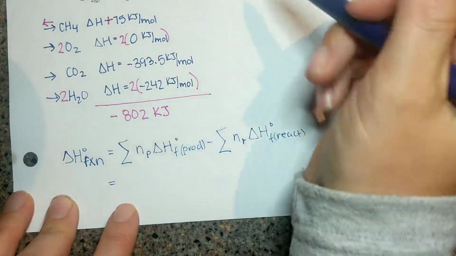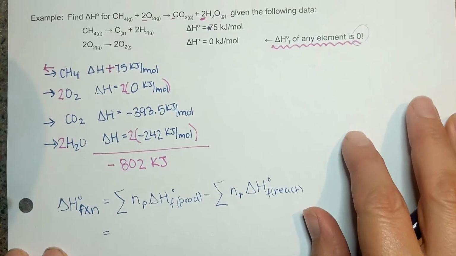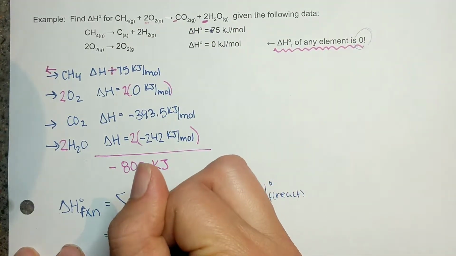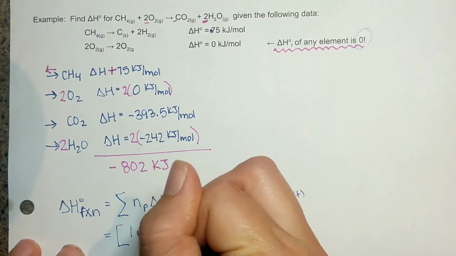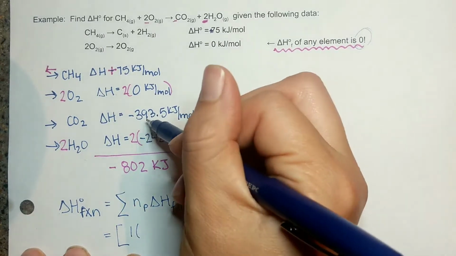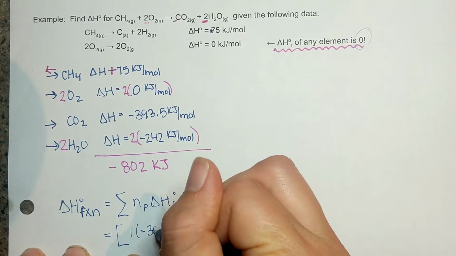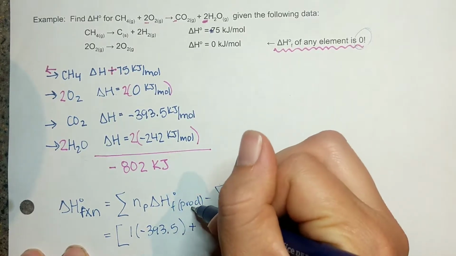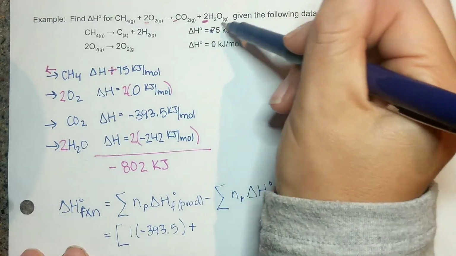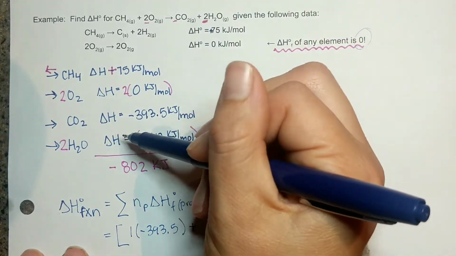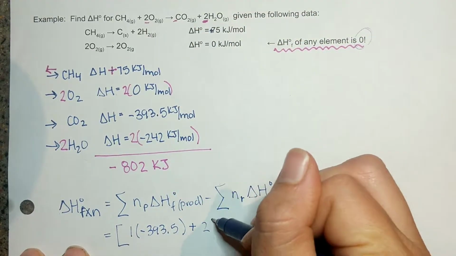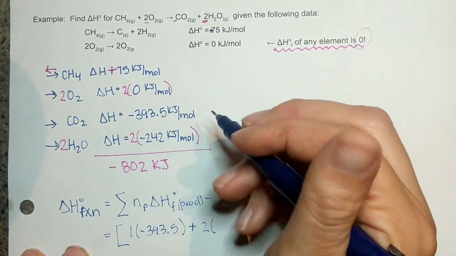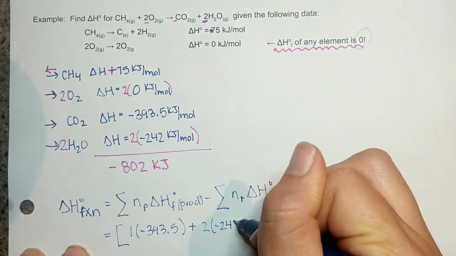So my products being my carbon dioxide and my water, I have 1 in front of my carbon dioxide, and to make carbon dioxide, it's negative 393, plus my other product of water, I have a molar coefficient of 2, so 2 times my amount of energy for my water, which is negative 242,